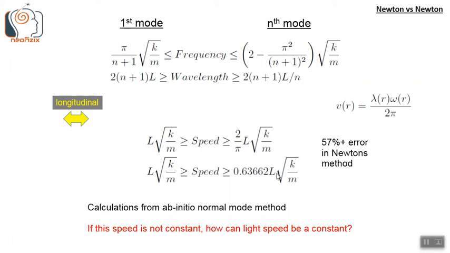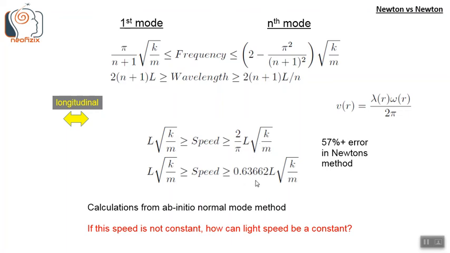So in the Newtonian method, we expect a constant speed L times the square root of k by m, which is actually the speed at the first normal mode. So in the first few lower normal modes, we get a speed nearly equal to the constant L times the square root of k by m. In the lowest mode limit, in the first normal mode limit, whatever speed we get from the Newtonian method is the same as the first normal mode speed. So at higher modes,